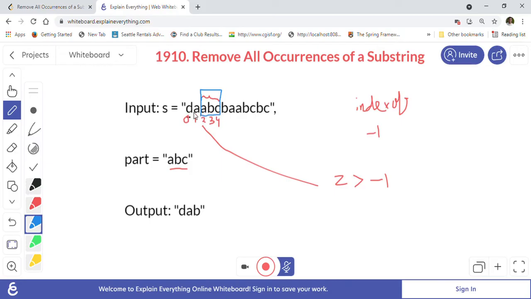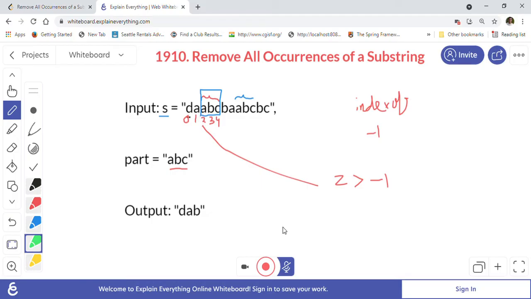So now our string becomes DA, BAA, BC, BC, because we removed ABC once we found it. Now we updated s after removing ABC. Again we will look for the string ABC. Next time we will find this ABC here when we do indexOf again, and we will remove this ABC from the remaining string.